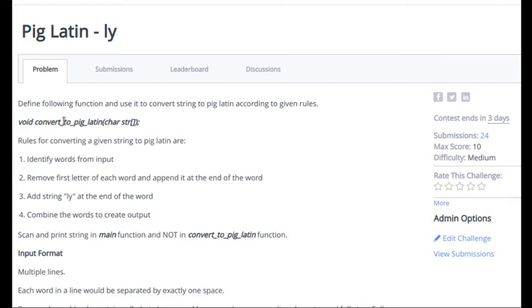Let us try to understand the Pig-Latin program. What we have to do is create a function which does the Pig-Latin, and let us first try to understand what the term Pig-Latin means. For example, if the word karma is given, then whatever word is given, the first letter of the word should be removed. The rest of the letters should be written as it is, ARMA, right? And this K should be written at the end of the word.